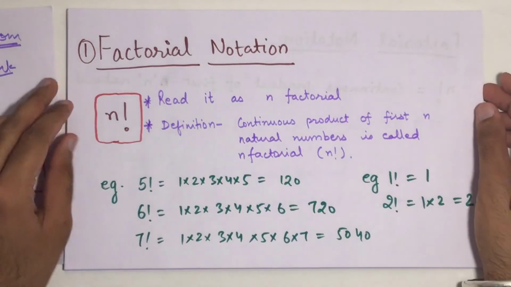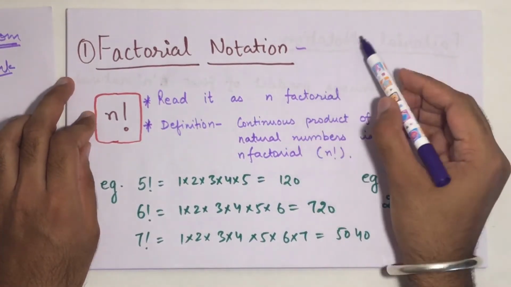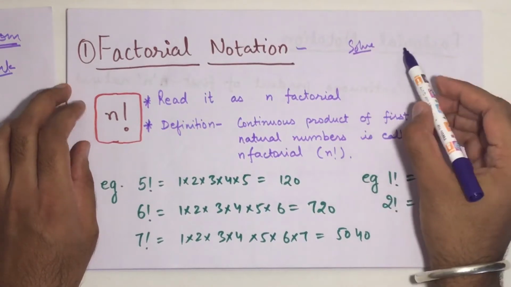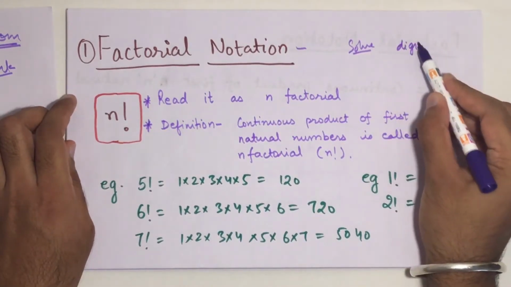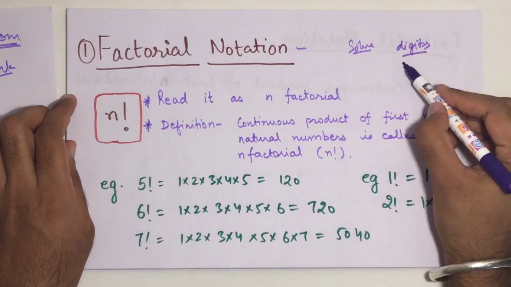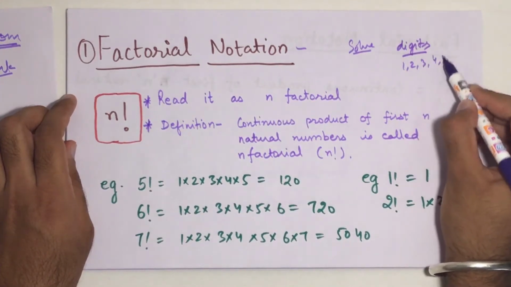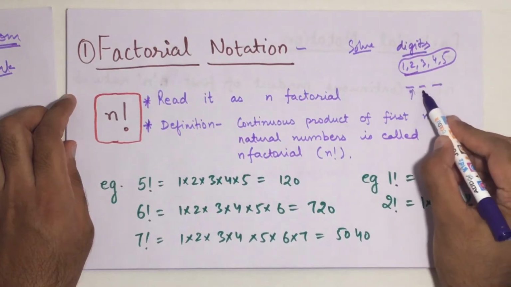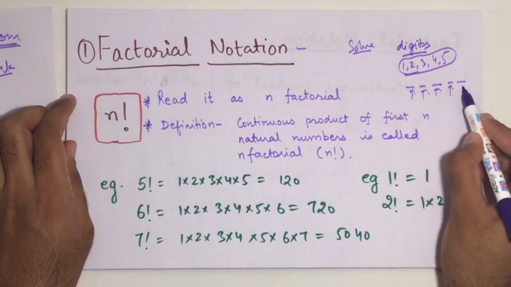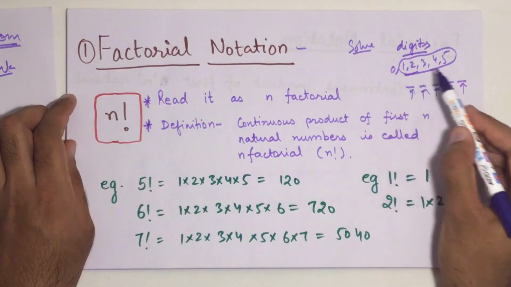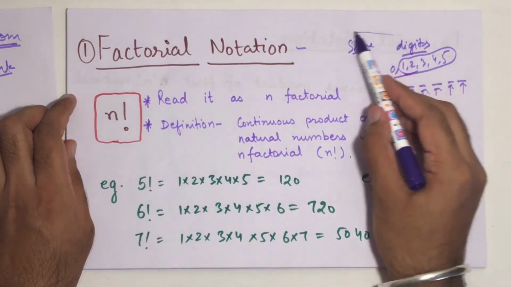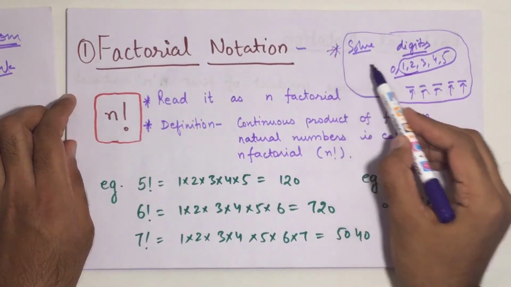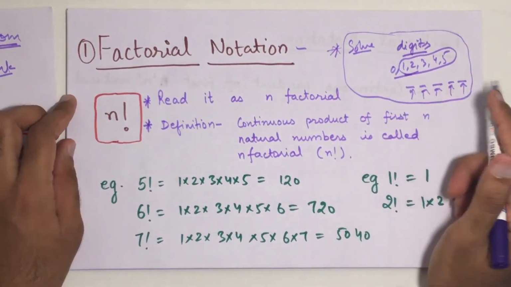First of all, as you can see in the latest YouTube video, we tried to solve the questions in which there were different digits, for example 1, 2, 3, 4, 5, and using those digits you had to make 3-digit numbers, 4-digit numbers and 5-digit numbers. In some questions 0 was also there, and we tried to solve those types of questions, and there are a lot of questions that can be formed in that region.